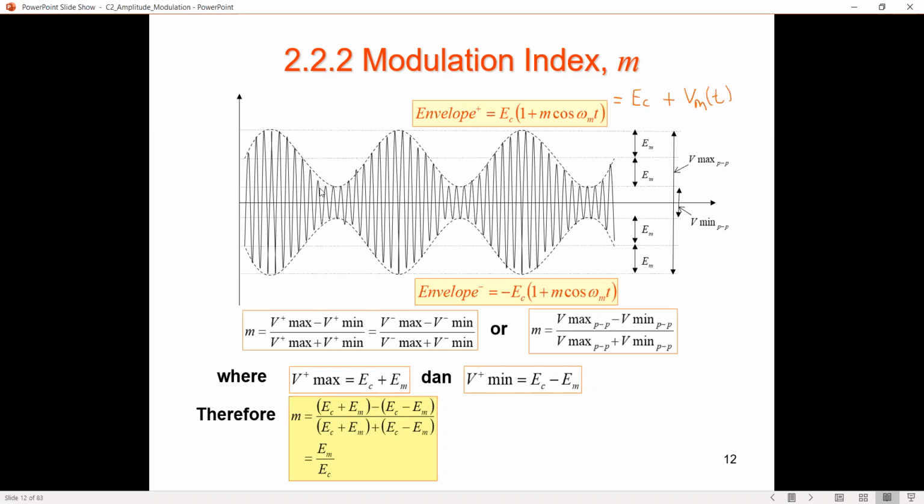Here is Vmin positive, and on the negative part is Vmin negative. So M can be found as Vmax positive minus Vmin positive, divided by Vmax positive plus Vmin positive. Or we can also use the negative cycles. There are a number of ways to calculate M using Vmax peak to peak and Vmin peak to peak. So Vmax peak to peak is the difference between Vmax positive and